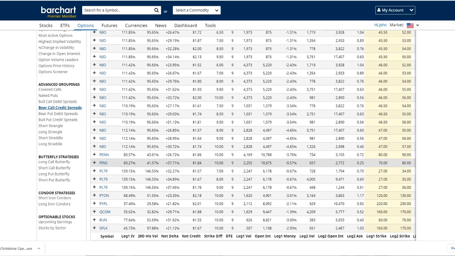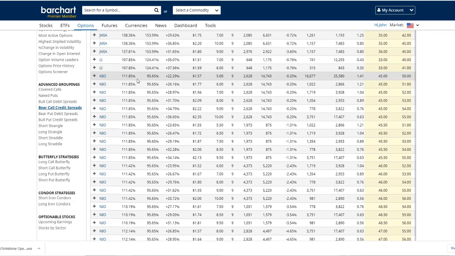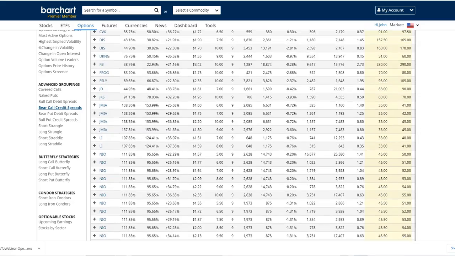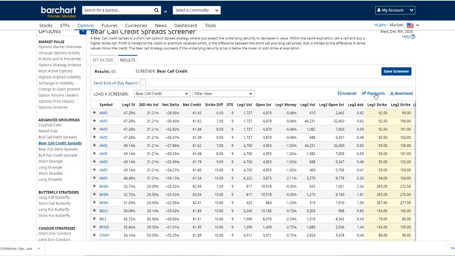Let's see if there's another one down there. I saw PINS this morning was close. Nope. Let's see what else we have. Well, maybe we'll just go right to BABA. NIO looks interesting. Okay, so here we have NIO, where we have a $5 strike differential, where we're taking in $1.57. That's pretty close to 1 to 3, and my strike differential here is 45 through 50. So BABA was 265 to 275, and NIO was 45 to 50. So I'm going to go to my chart,